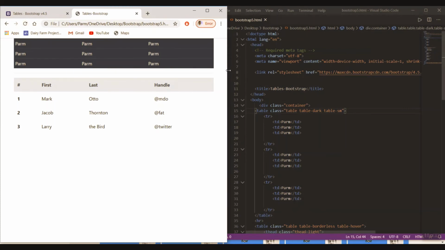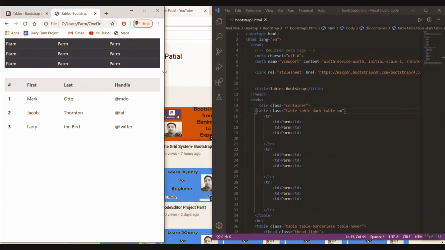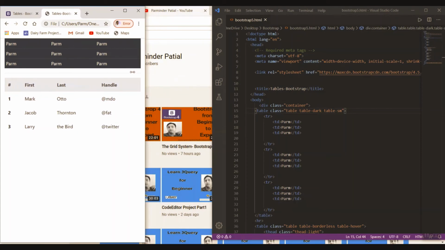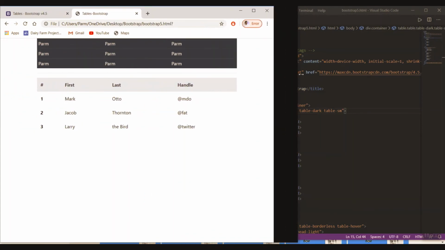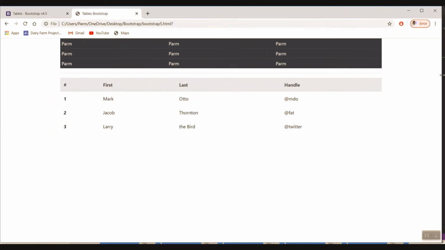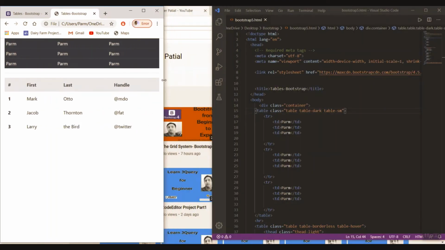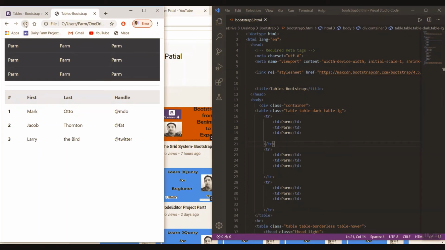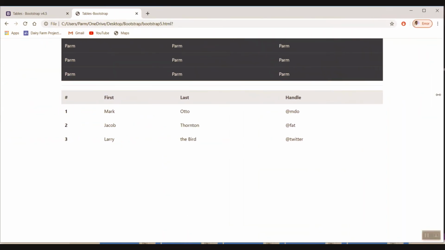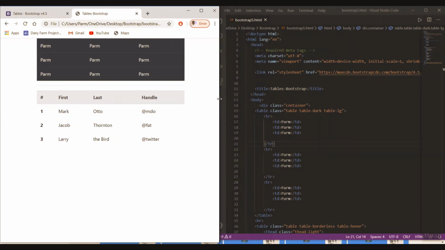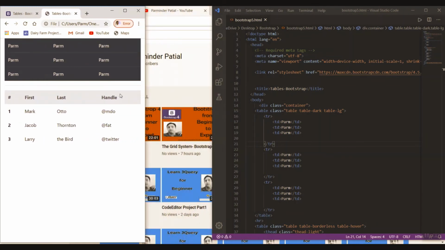Look at this, this is how it will look. If we use LG here, how does it look like? Save it, refresh it.